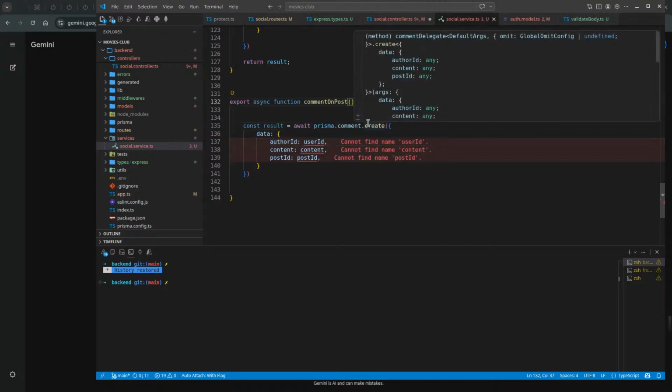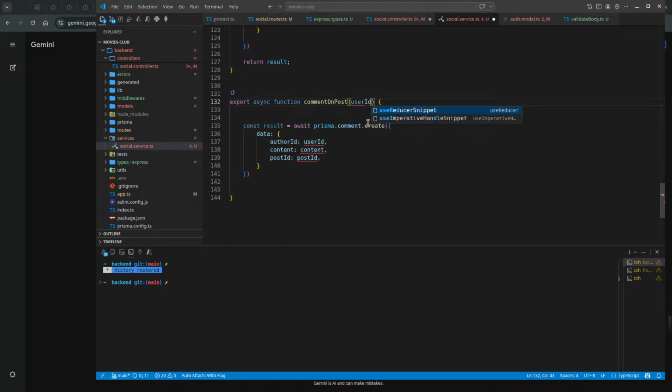Yeah, it needs user ID, firstly, one string, firstly, post ID, one string, firstly, content, one string.